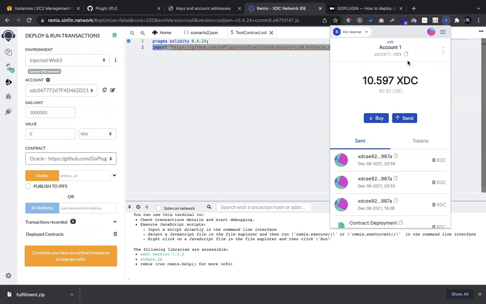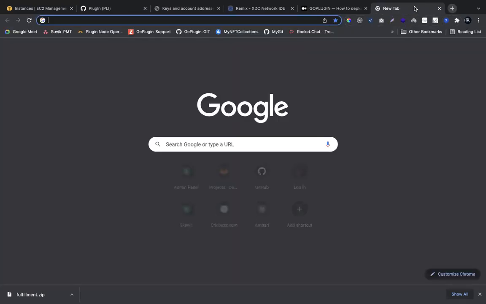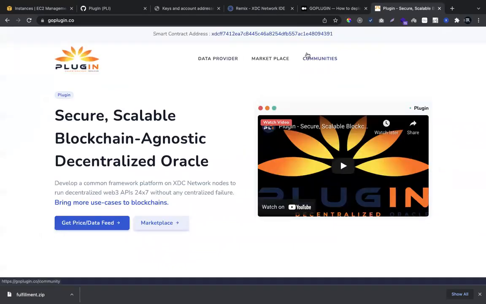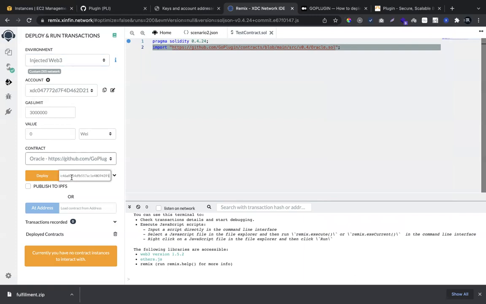Here I'm going to use my account one from mainnet, account one is reflecting here. In order to deploy the Oracle contract, it expects an argument in the constructor. So all you have to do is go to goplugin.co, copy this mainnet PLI address, and go to Remix and paste it here.